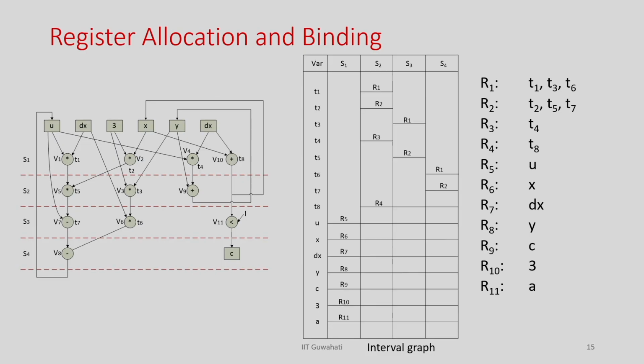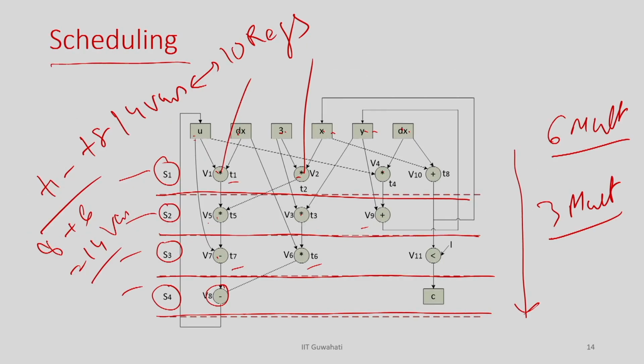Okay. So, let us consider this register allocation binding problem, how we should do that. So, how can we share the register? For example, if there are 14 variables and say 10 registers, that means one register must store more than one variable. But at a time it can store only one value. The question here is that there are 10 registers and 14 variables. Definitely some of the registers are storing more than one variable, and obviously at a time it can store only one